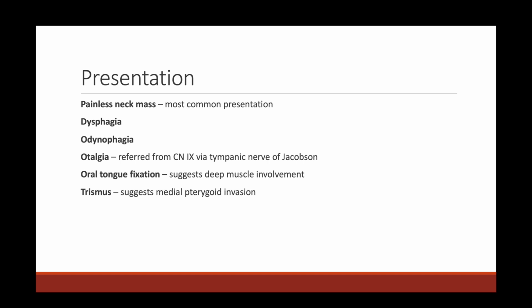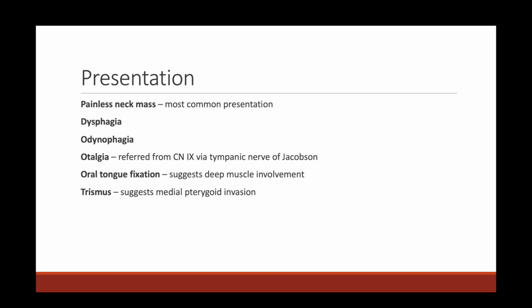Oral tongue fixation, if that happens, actually suggests quite an aggressive primary with deep muscle involvement. Trismus suggests something like medial pterygoid invasion that's actually affecting jaw function. So depending on how advanced the presentation is, how much it interferes with chewing and swallowing for patients, that can also impact their overall status. It can lead to weight loss if they're not able to eat and drink properly. So it is really important to assess their performance status, if they've had weight loss as well,